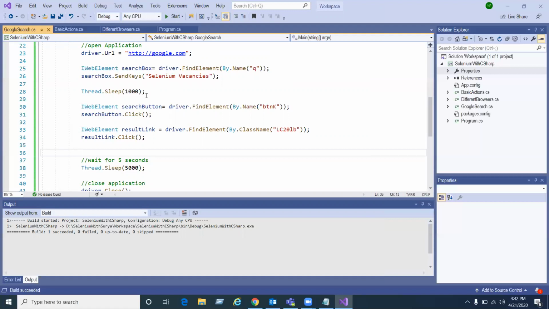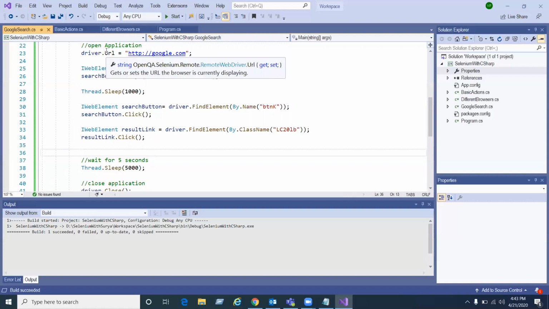After writing your script, your team lead or test architect will review the code and give comments: why are you writing 2 lines of code? Merge these 2 lines into a single line.